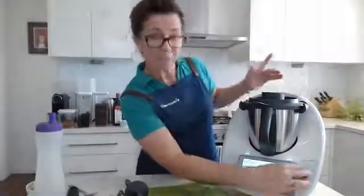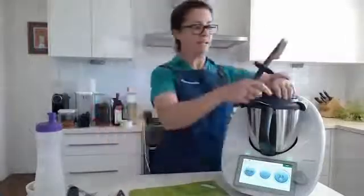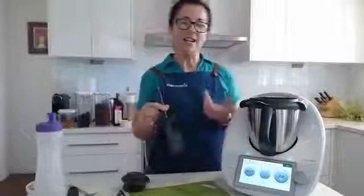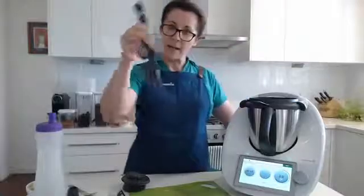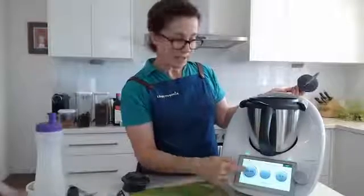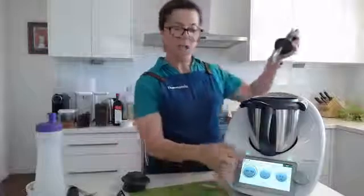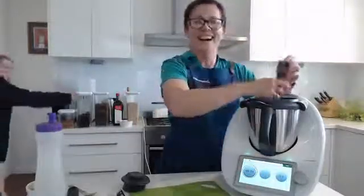Okay, so it's going to go 20 seconds this time. I'm actually going to give it a little bit of a helping hand. It's only counting down. Sometimes you think, I think that's not mixing correctly. So you can actually pop your spatula in. And when you are counting down, there's absolutely nothing stopping you from turning up your time if you need to. I don't know if you knew you could do that. Just tap on the time, turn your selector, and